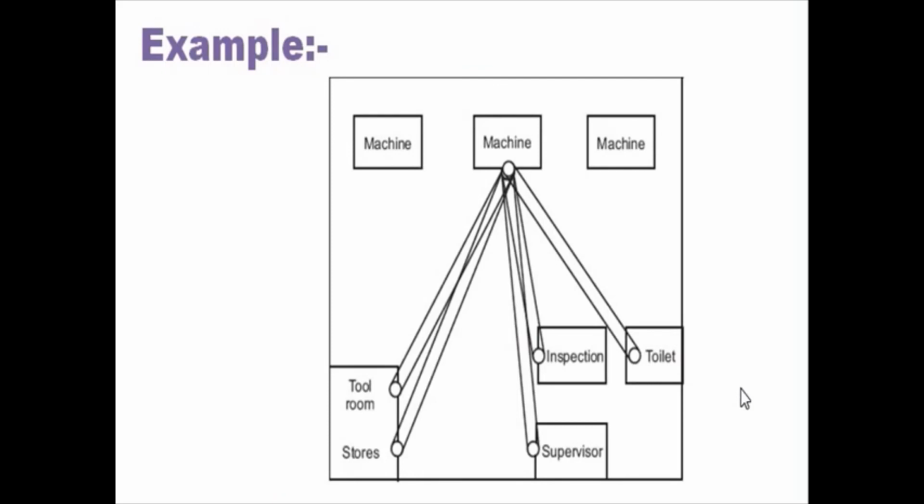So today we have seen different types of charts and diagrams which are used for conducting the method study, which will help to improve productivity, even productivity in terms of plant layout and different factors. So we'll stop here, and in the next lecture we'll understand what actually work measurement is. Till now we have seen the method study and different types of charts and diagrams, and now we'll move to work measurement in the next lecture.